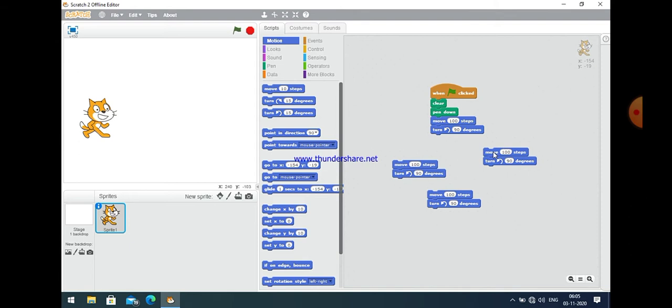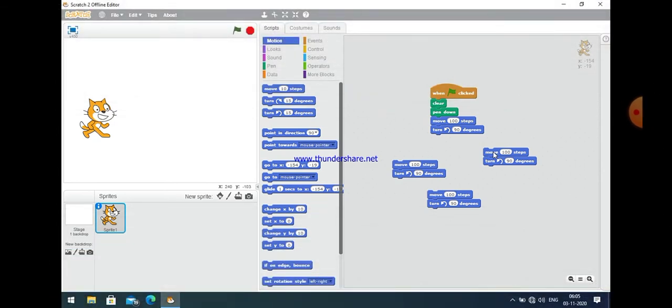Basically this program makes a rectangle. Okay, why does it make a rectangle? Because first of all the object moves 100 steps forward, and then it takes a 90 degree turn, and then again moves 100 steps, and then makes a 90 degree turn, and this process is repeated 4 times. So obviously it makes a rectangle.